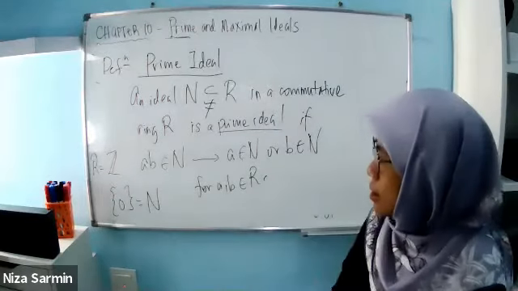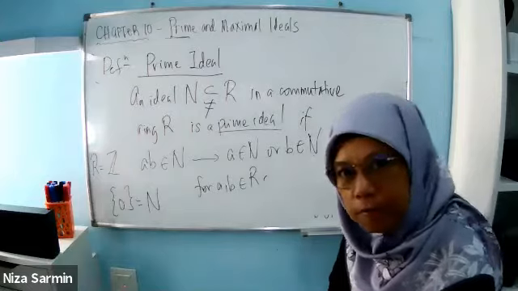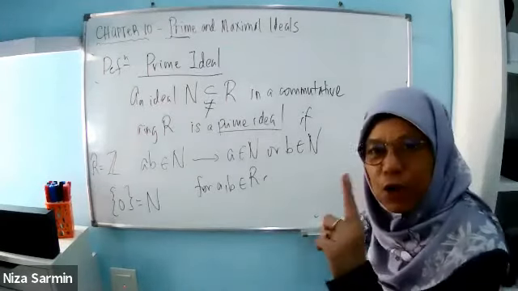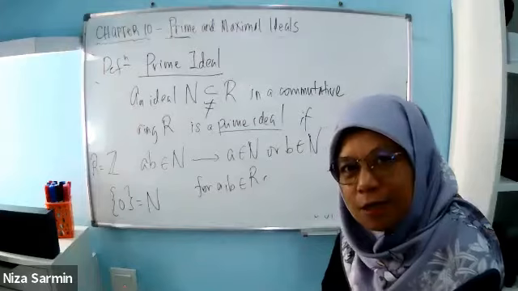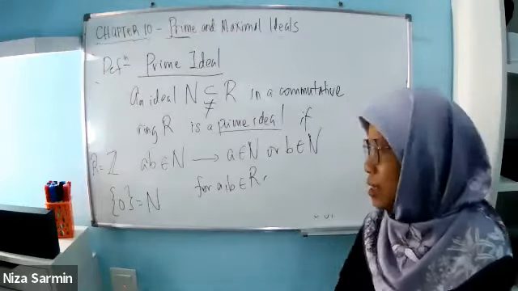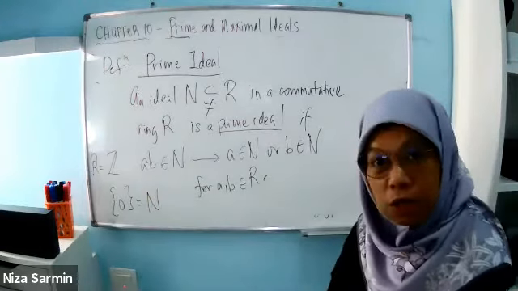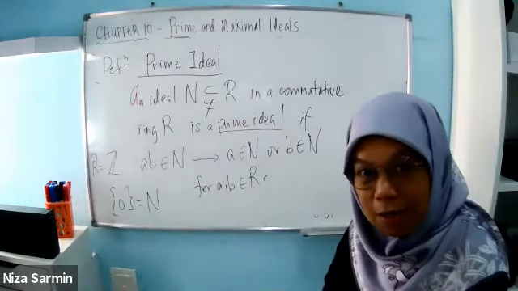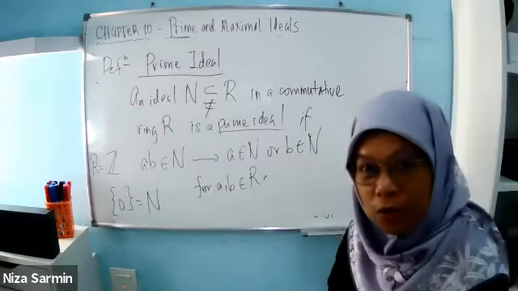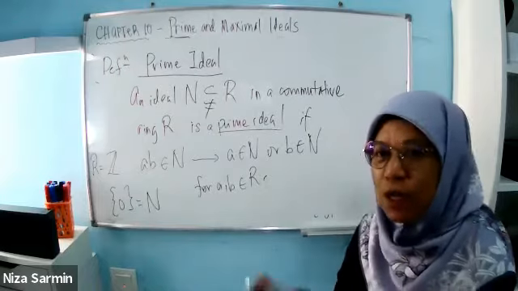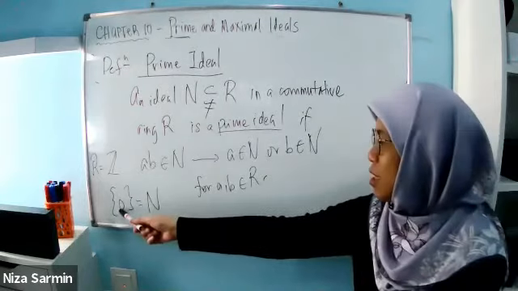N is trivial. There's only 0 in N. So if you want AB to be in N, AB has to be 0, right? And if AB is 0, A has to be 0, or B has to be 0, or both are 0, because that's the only thing that is